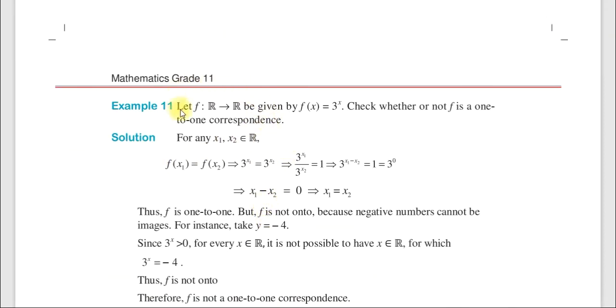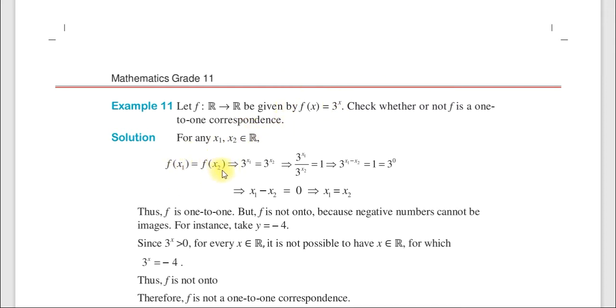ሌላኛ ደግሞ እዚህ ጋር let f R to R be given by f of x which is equal to 3 to the power of x. Check whether or not f is one to one correspondence. አሁን 3 to the power of x እንግዲህ exponential function ነው። ይህ function one to one ነው አይደለም ማለት one to one correspondence ነው አይደለም። So for any x1 and x2 element of R, f of x1 which is equal